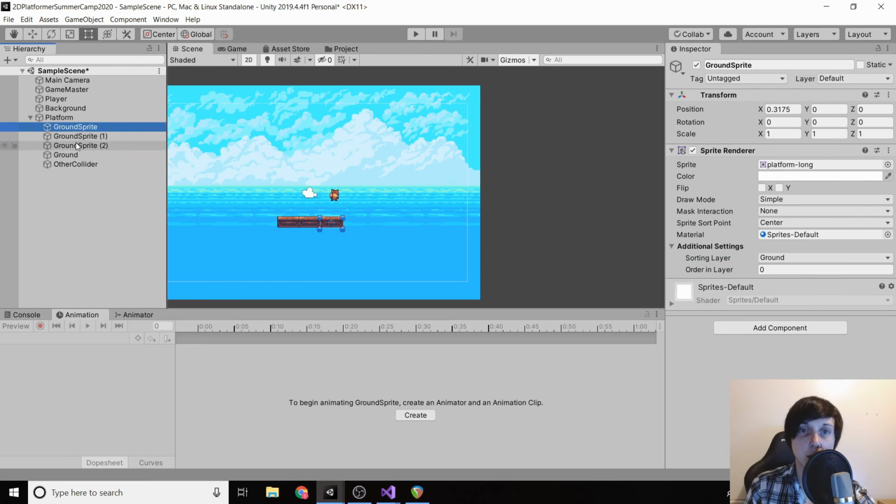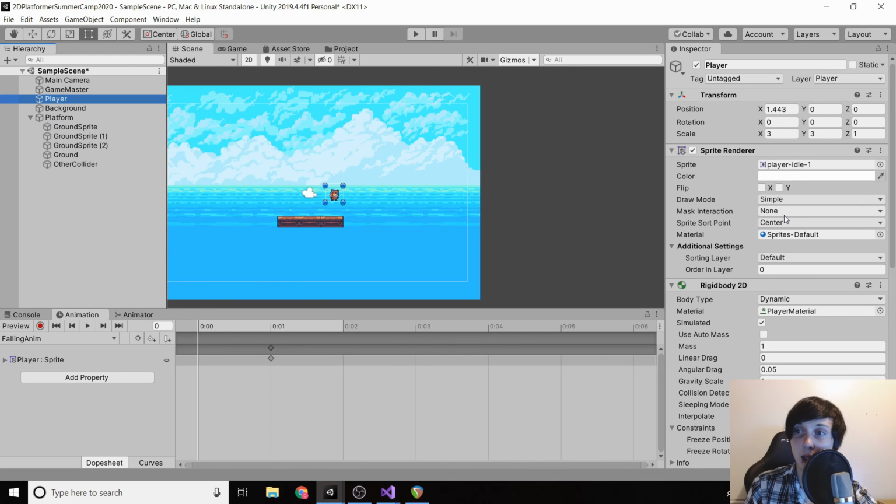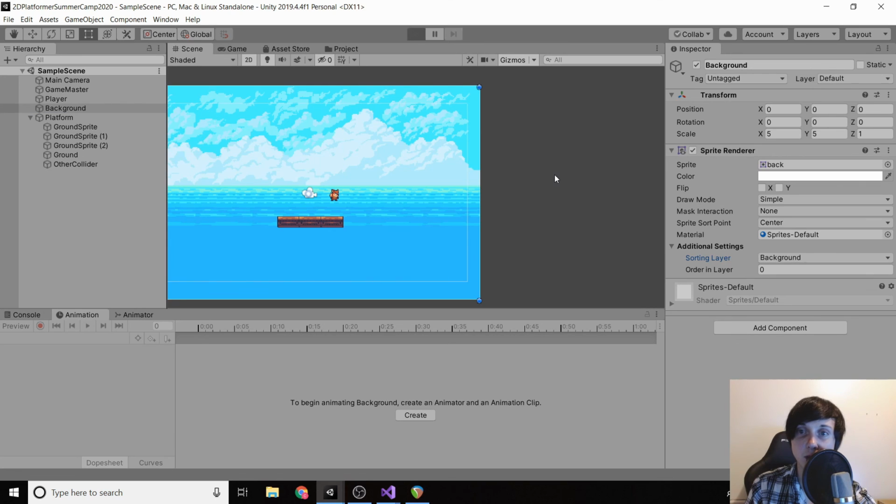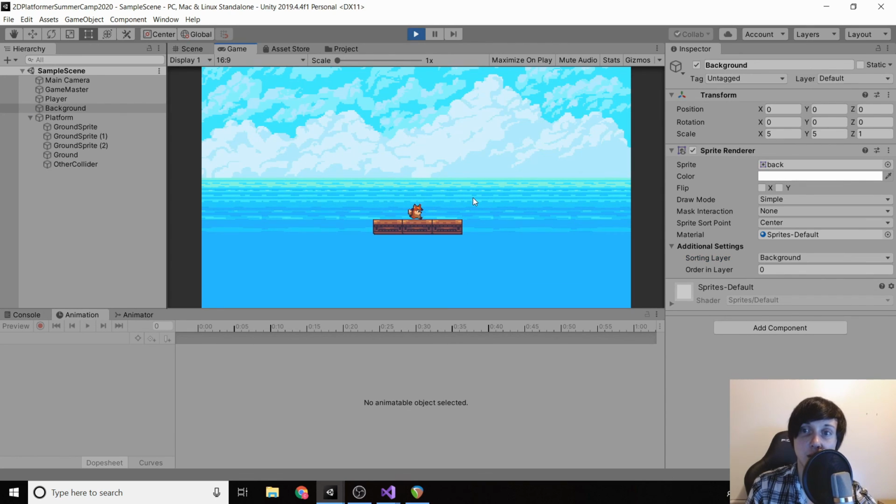So now if we set these ground sprites to have a sorting layer of ground, they will appear. Also, I was able to click one and then hold shift and click the last one, and it grabbed them all. You could technically do each one, but this one works a little bit better. So then we'll go to player, and we will go to sorting layer and set that to player. And then we'll do the exact same thing for our background. So now it will no longer render things randomly. It will render them in a specific order, which probably had something to do with why it wasn't displaying my falling animation. So you'll see if we run after we've fallen, it doesn't transition back to idle, but that's fine because it's going to be transitioning to walking. But then once our move input equals 0,